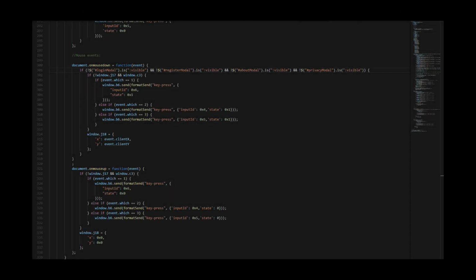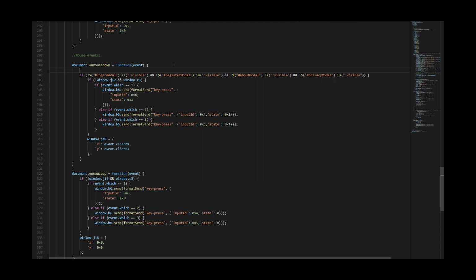Now this is the code that I've written that updates the input for the game. So here we have the new on mouse down event and the new on mouse up event. And what I want to do is record the number of bullets on screen for when I click down the mouse and for when I release it. And in order to do that, I'm just going to add a single line right here for